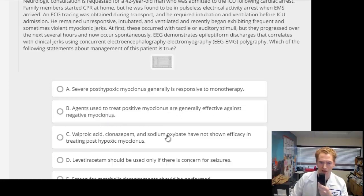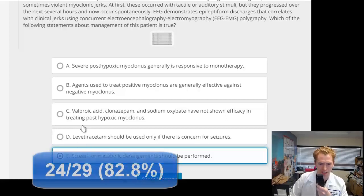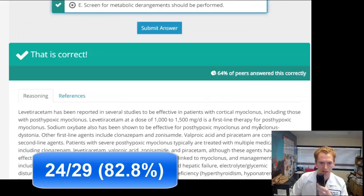Valproic acid, Klonopin, sodium oxybate have not shown efficacy in treating post-hypoxic myoclonus. No, I think they can be used. Keppra should only be used if there is concern for seizures. No, you can treat myoclonus with Keppra. Screen for metabolic derangements should be performed. Of course, that's true. I think just by elimination, E is the correct answer here. And it looks like everything else is not correct. So by elimination,